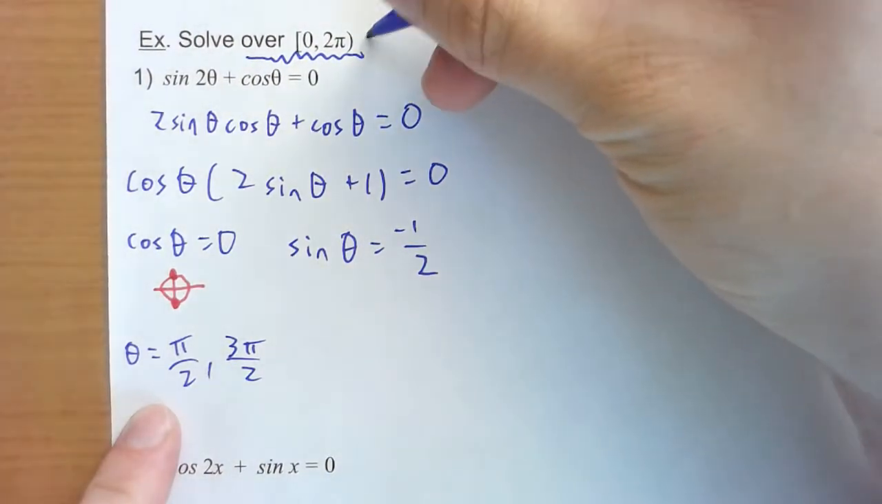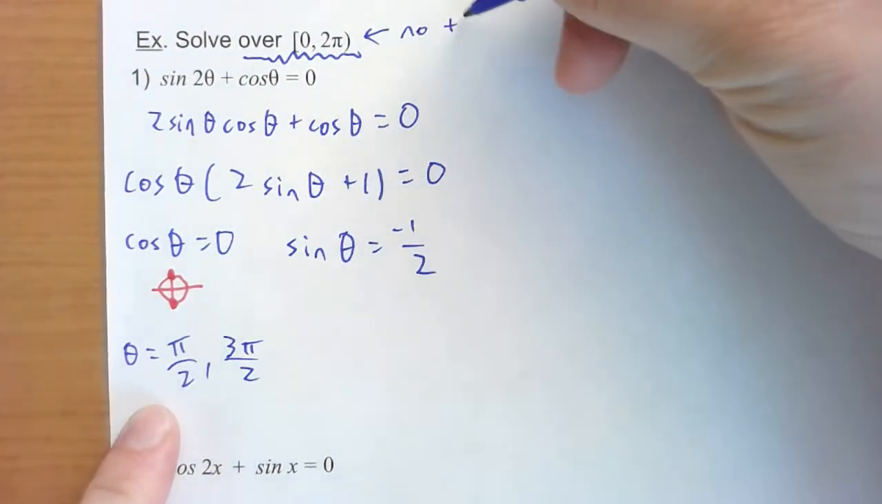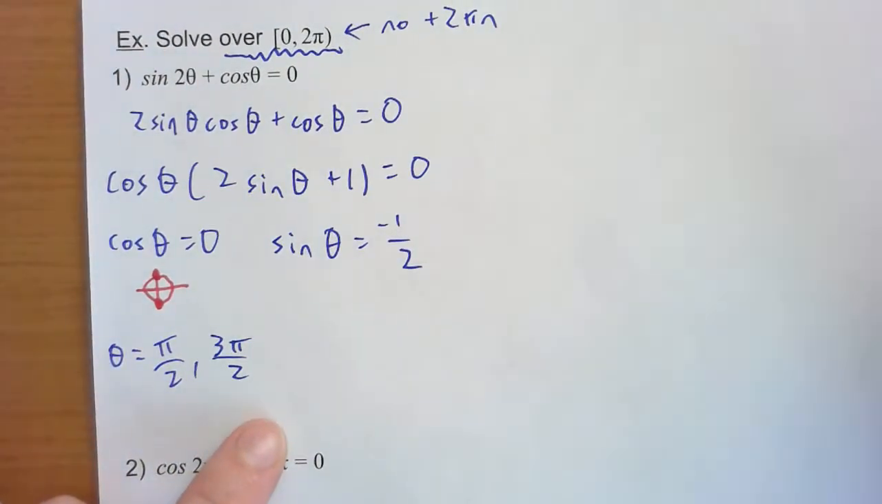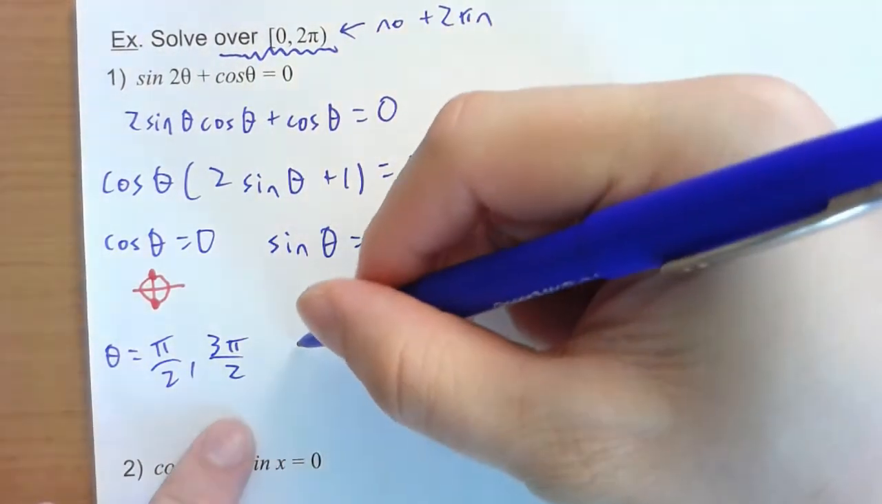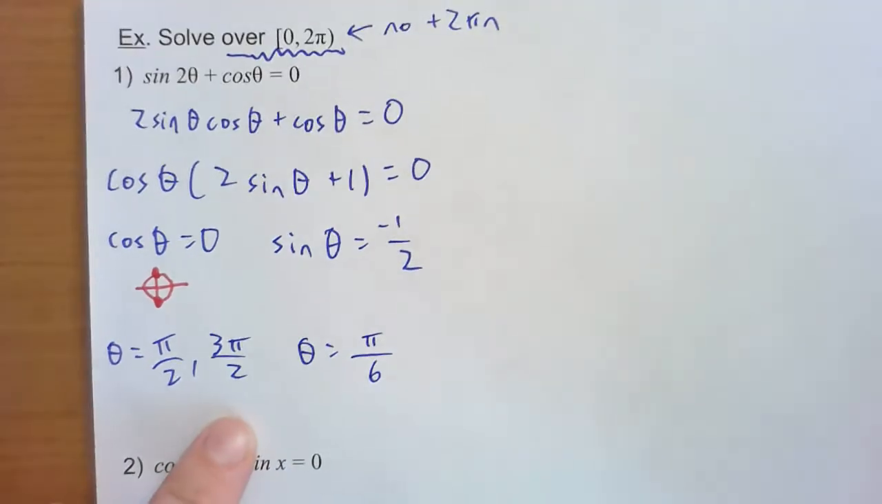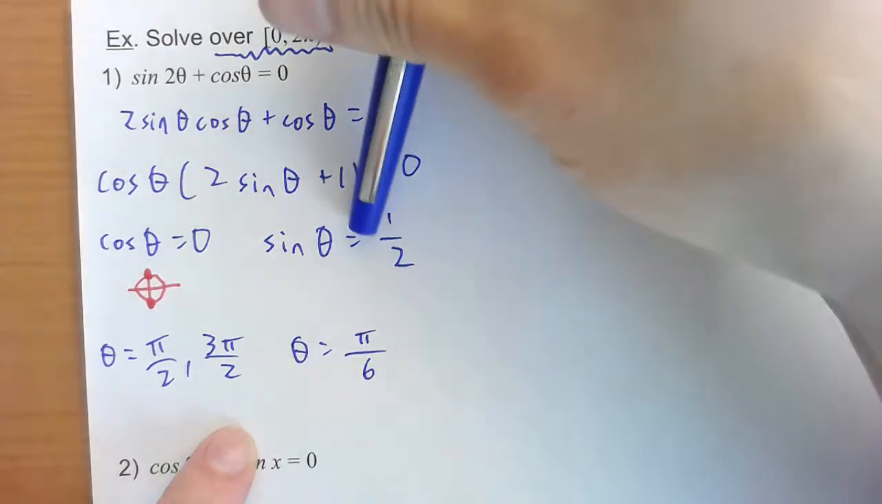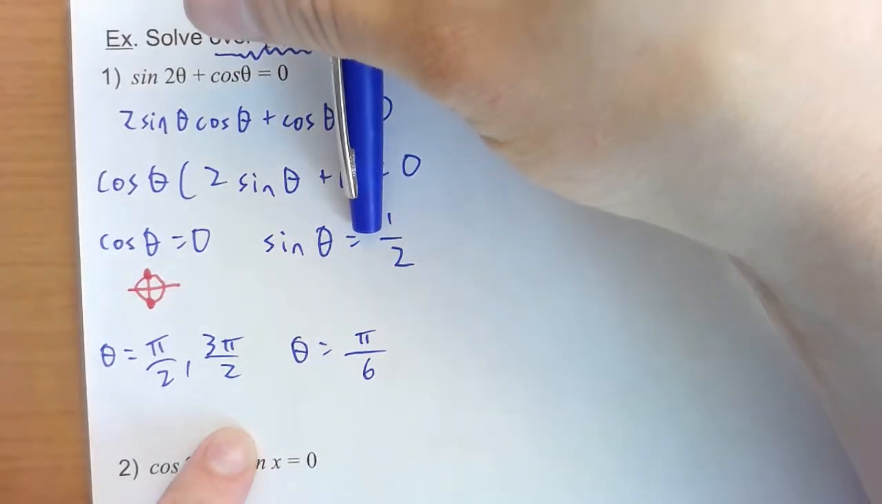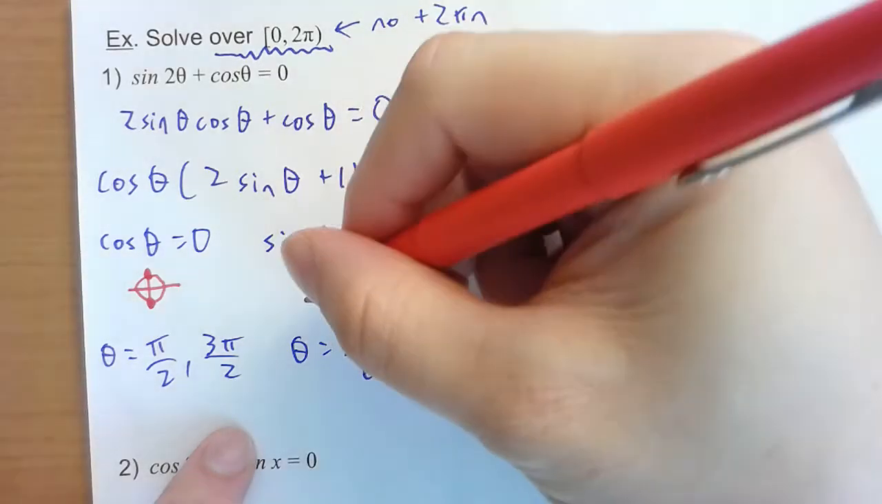When we say over 0 to 2 pi, that means no plus 2 pi n. All right, then over here, so if we want sine to be a half, we know it's got to be some sort of pi over 6. We know the reference angle has to be pi over 6, thinking about a y coordinate of 1/2. And then because sine is negative,